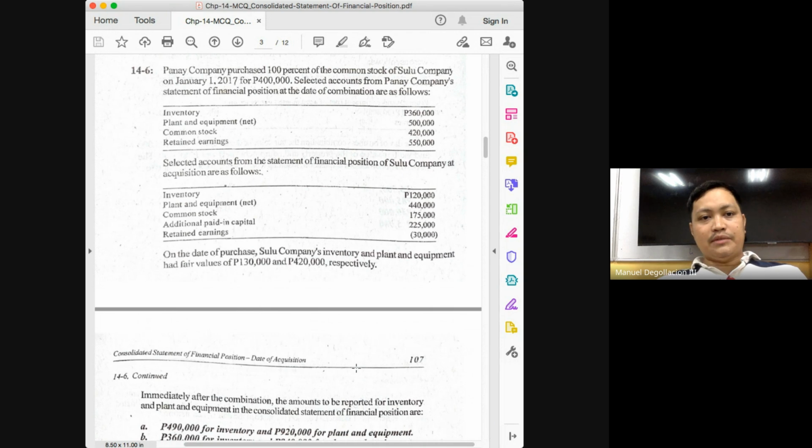So the consideration in this problem is 400,000. Assuming no other assets and liabilities from the acquiree, in this case the subsidiary, class, how much would be the fair value of the net assets? You have 130 plus 420. That will give you 550. However,